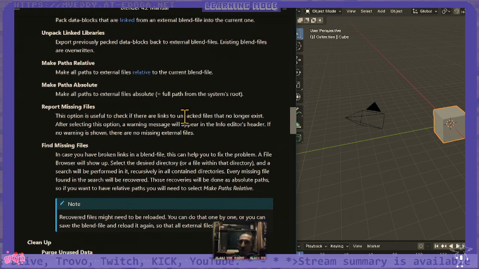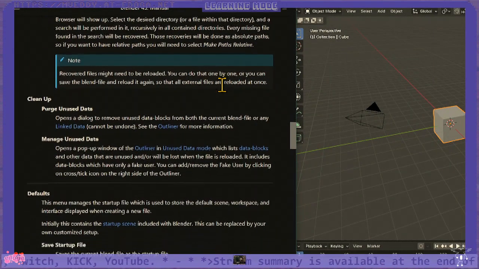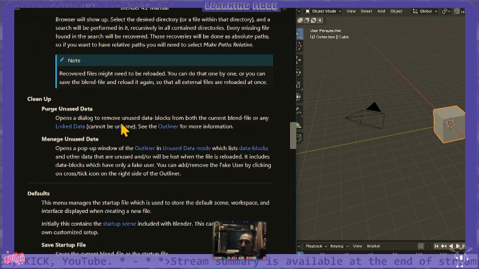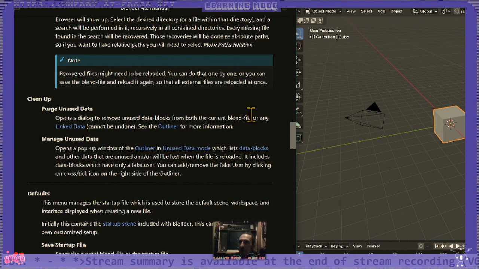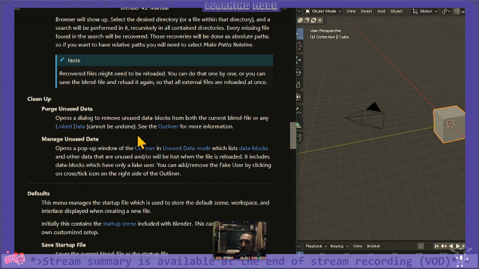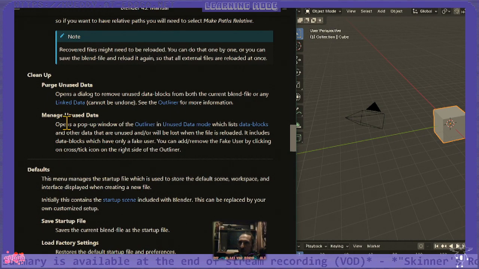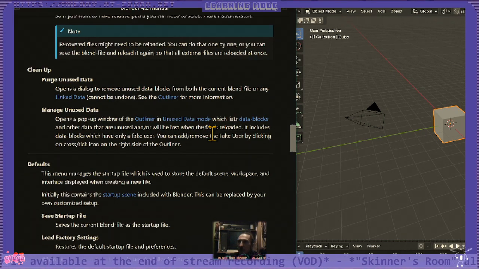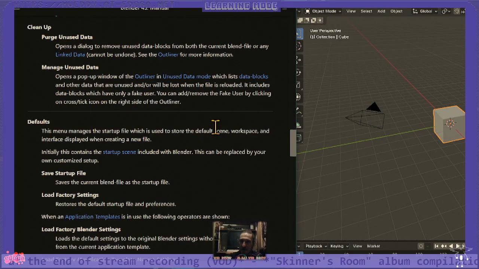Report missing files, find missing files, clean up, purge unused data, opens dialog to remove unused data blocks from both the current blend file or any linked data. Managing unused file. Okay, that's like with OBS, the elements of the scenes, assets,